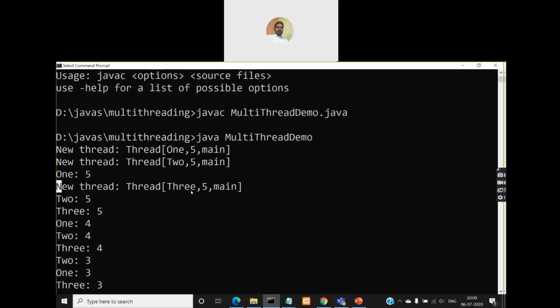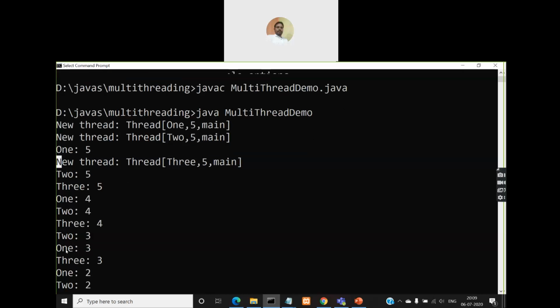Then after the third thread is suspended, you are going to 2. So 2 is completing one iteration. After 2 completes one iteration, instead of going to 1, again it is coming to 3, right? So 3 is displaying the first iteration. Then from 3 it is switching to 1. And from 1 again 2, 2 to 3, 3 to again 2. So instead of going to 1, it is going to 2. And from 2 it is going to 1. Then again from 1 to 3, and again from 3 back to 1 instead of going to 2.